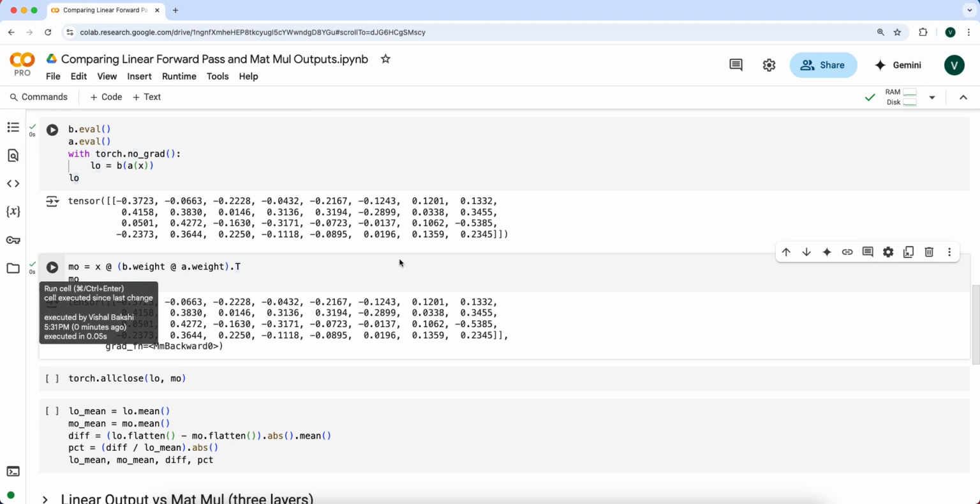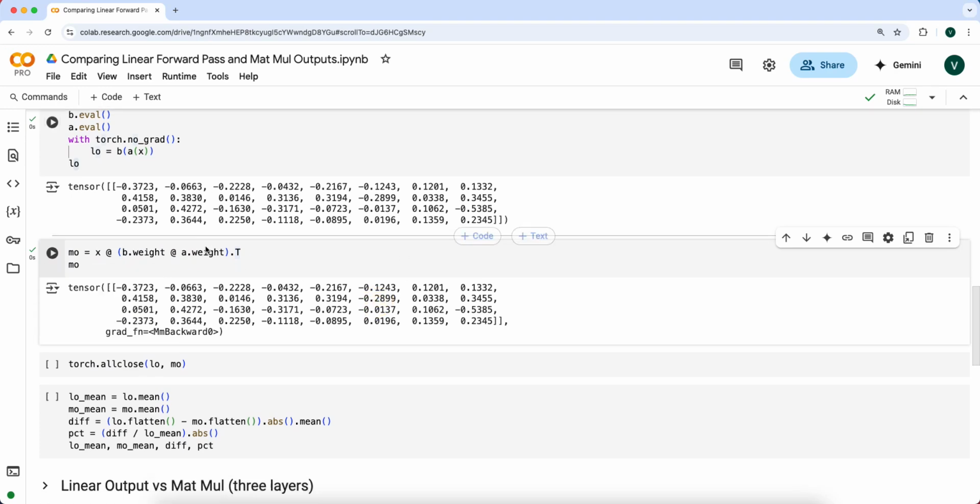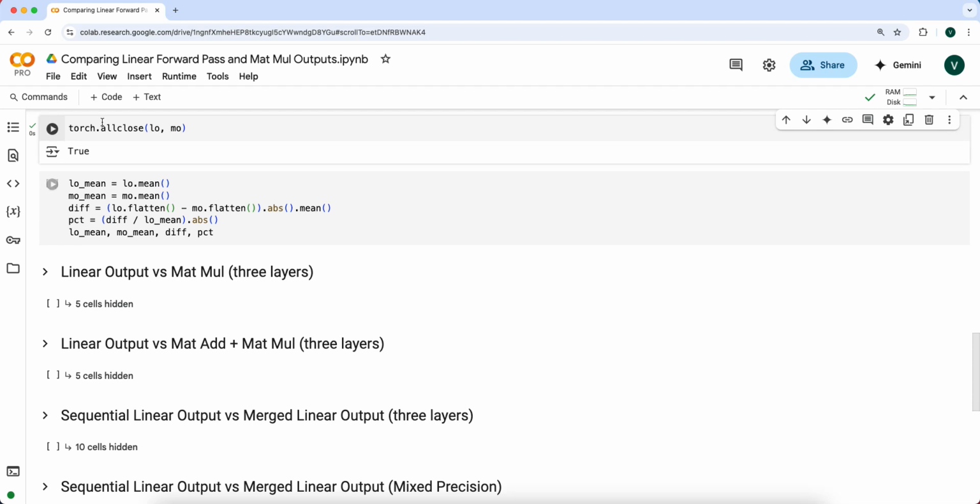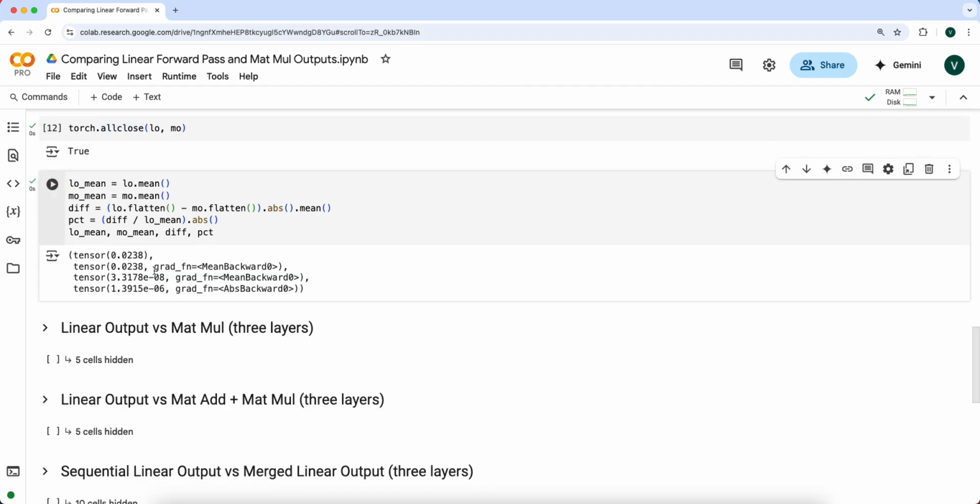And again, upon inspection, it looks pretty similar, and torch allclose agrees. But now we can start to see some differences, right? So the diff and the relative diff are non-zero. I mean, for all intents and purposes, they're zero, right? 1/1,000,000th as a percentage, so what would that be? Like 1/10,000th of a percent. So obviously that's pretty negligible, but it's not zero, and I think that it's important to